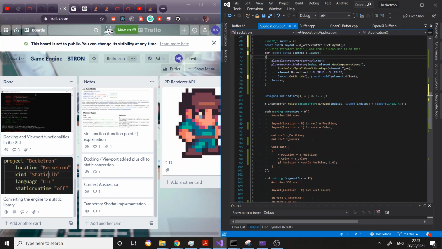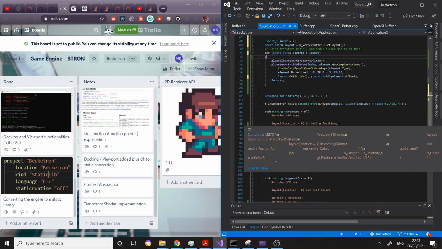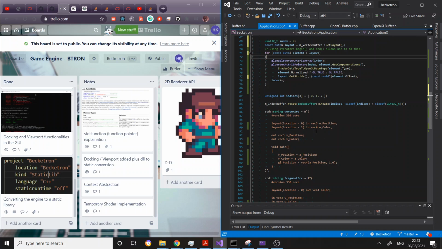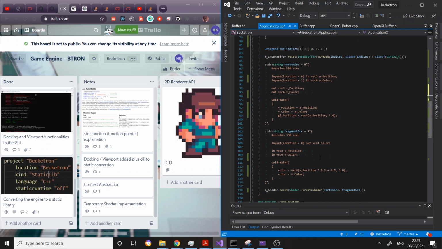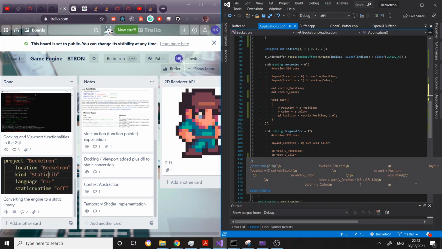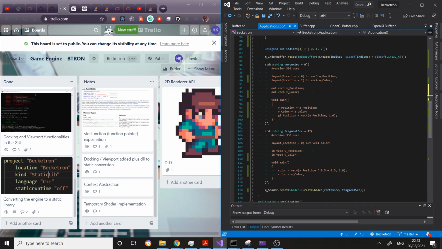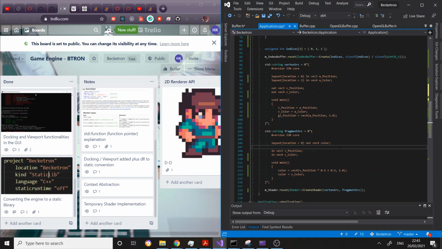So we then send that out as a varying, so we take it in as an attribute up here from location 1, and then we just send that out as a varying, and we set vColor to a color, and once it gets sent to the fragment shader, we take it in here, and we just then override whatever was passed in here with color equals vColor, and that should give us something like